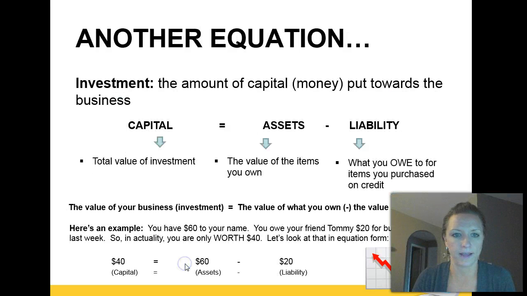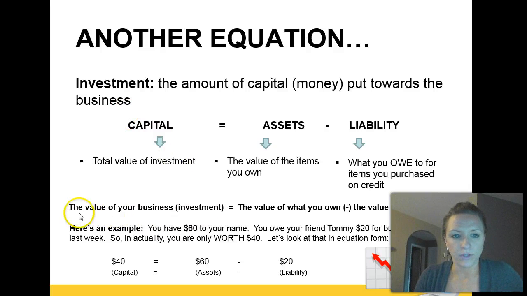Okay, this next slide is the same equation, but we moved assets over to this side and capital over to this side. Don't get too wrapped up in this. This just gives us a quick view of the total investment into our business. So investment is the amount of capital or money put towards the business. So just by switching assets over to the right side of the equation and capital over to the left side of the equation and subtracting liability from assets, that gives us a good view of the total investment in the